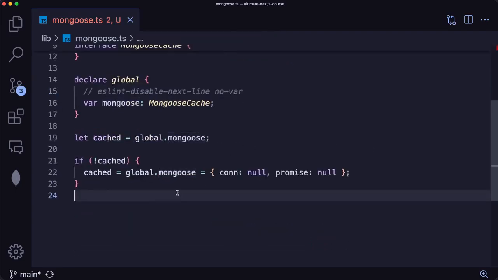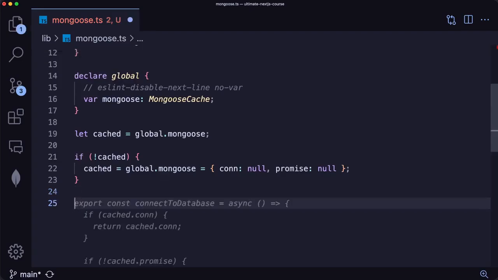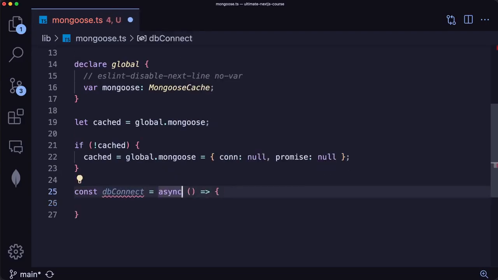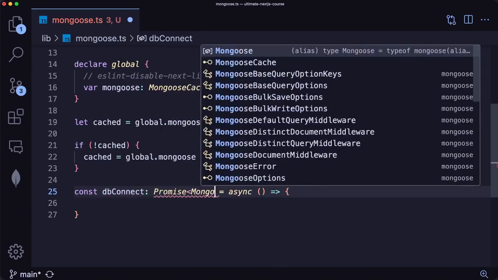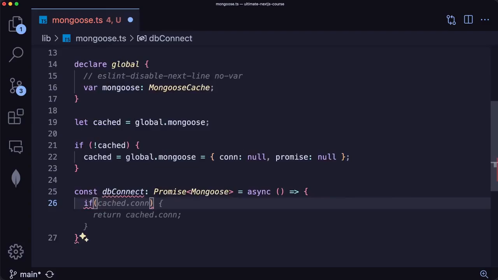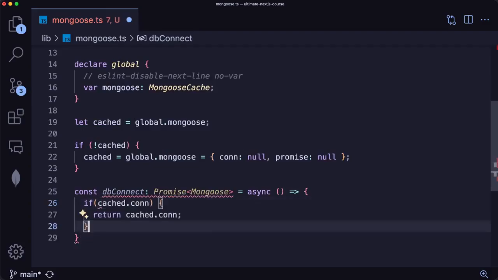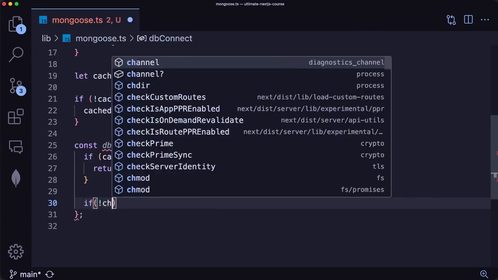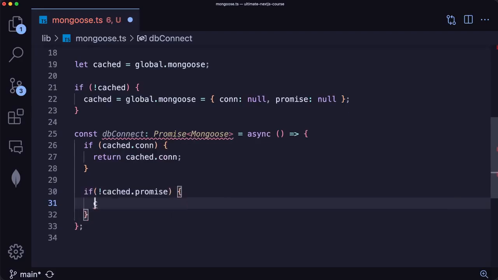But with that said, let's establish a real connection by specifying a new function, const dbConnect is equal to an async arrow function that's going to return a Mongoose promise. So we can define the type right here, Promise of Mongoose. And first, it's going to have an if statement and check if there is a cached connection. So if there is a cached connection, we're going to simply return that connection. Else, we need to create a new promise for connecting to the database. So let's say if there is no cached.promise, in that case, we'll set the cached.promise variable to be equal to